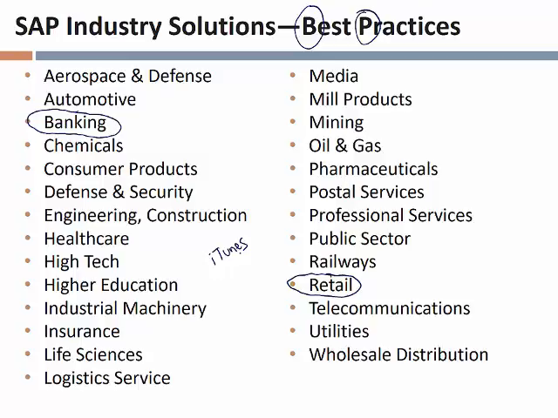Well, that's going to be different functionality than somebody who works in the mining industry would need out of their system. So what SAP did very, very early in the history of their company, and this is really quite notable,